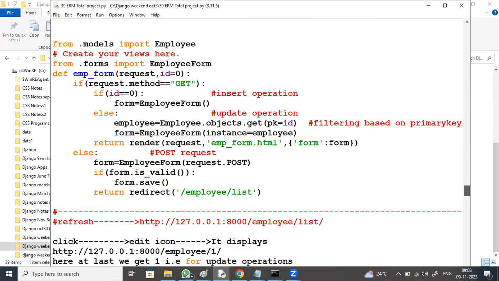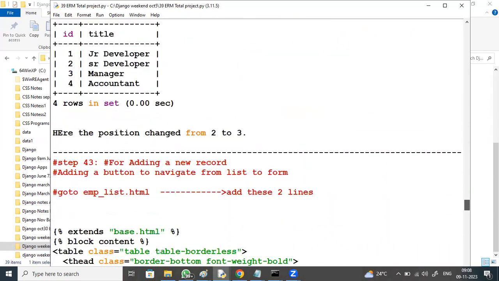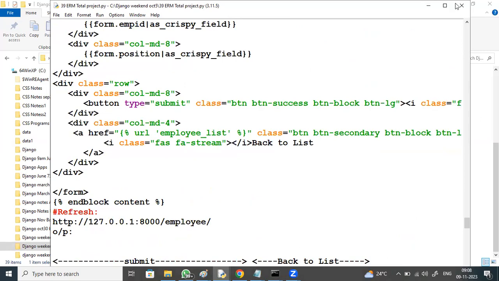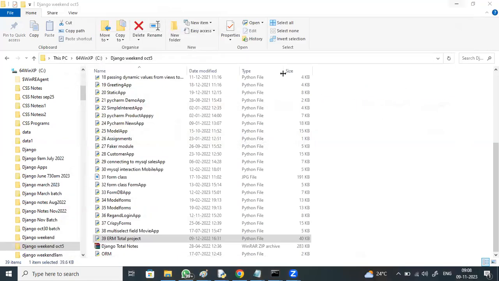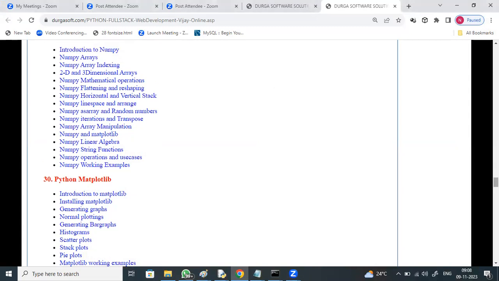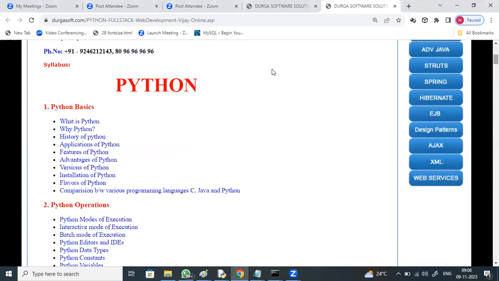Sir, after enrolling in the course, can you share the previous batch source code for Python and Django? After joining, yes, I can. I can enroll today, but my requirement is to get the previous batch source code. You are giving this batch's source code day by day, but if I revise the previous batch source code, I will have a more confident level.